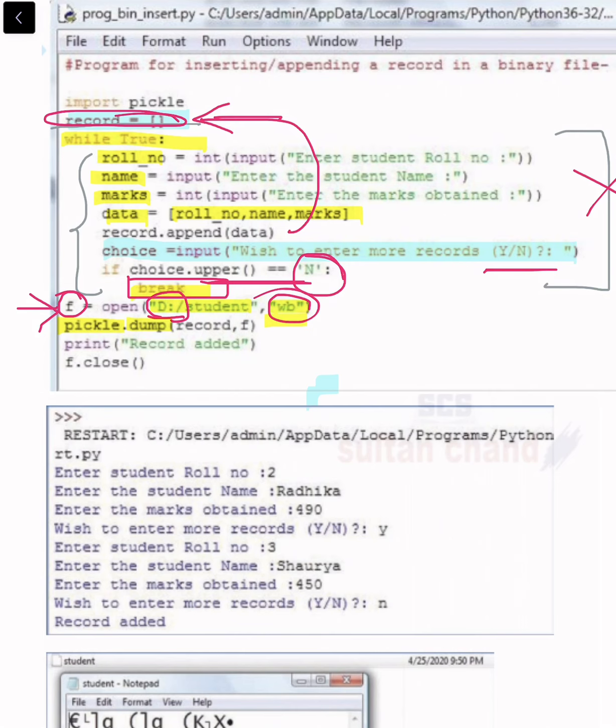What we are writing is record, which is a list, and to write this record we are using the file handle F. Once it has been written, we will print record added, and we will close the file. How to close the file? File handle name dot close. So this whole program will insert data inside the file that we have opened.